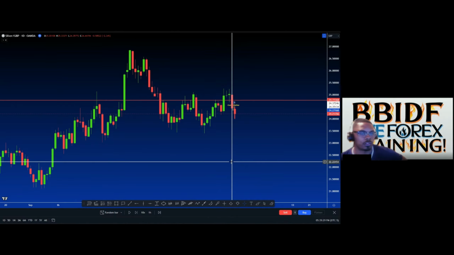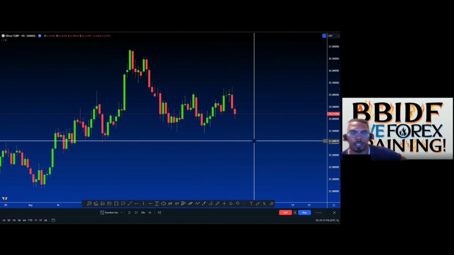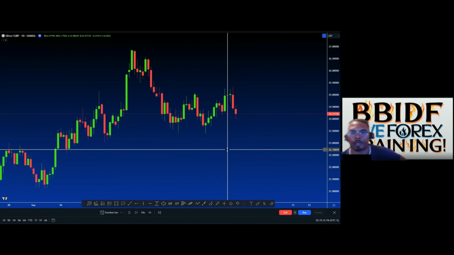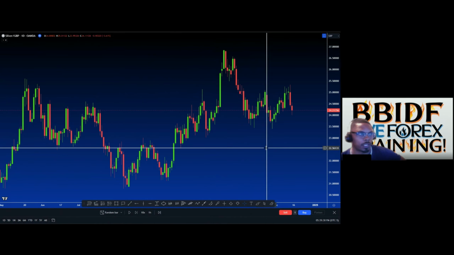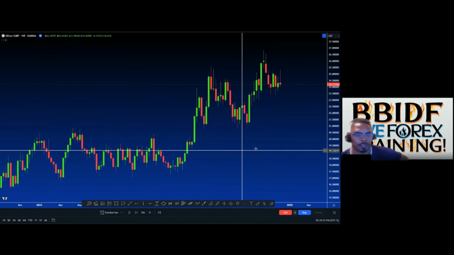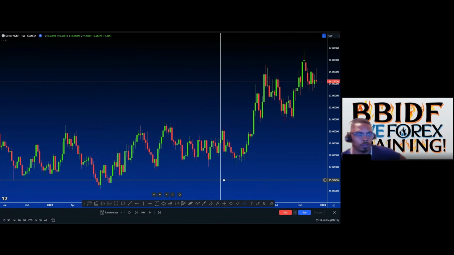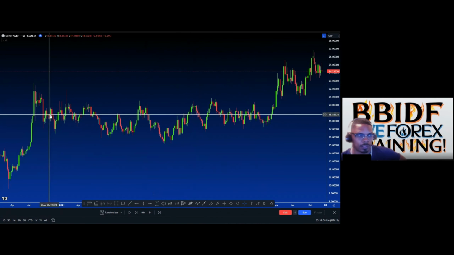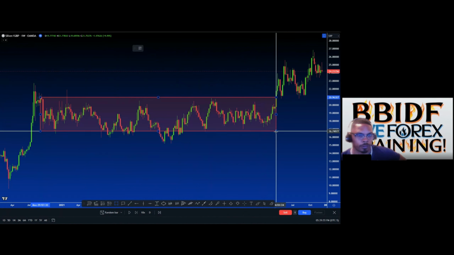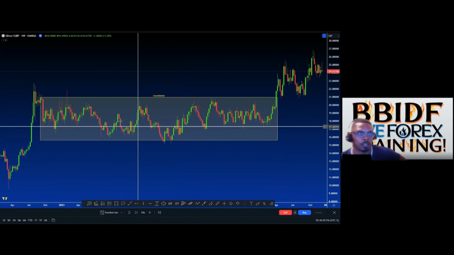Okay. So again, that was some time frame stuff that we were learning. But now, you guys learn about the candles. Now we need to learn about support and resistance. The best way to learn about support and resistance, guys, is if you pick any pair, I don't care what it is, you go to the higher time frame. Here's a great example of it right here. So what you guys are noticing when you look at this area right here, I'm going to highlight it like this so you know what area I'm talking about. All of this is giving us a good example of what support and resistance is.